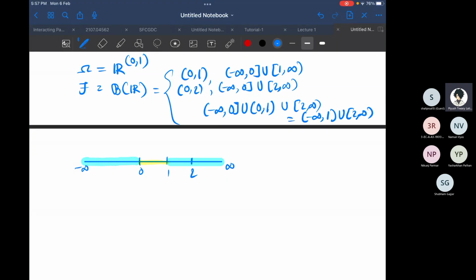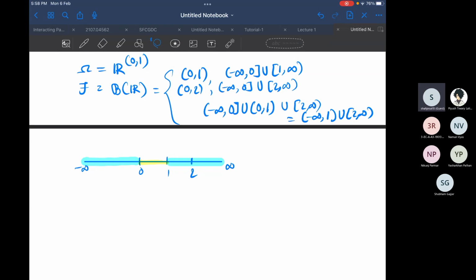And similarly, you can see there are an infinite number of elements here as well, right? I cannot list how many elements there are, because there are so many. Have I made my point? Have I given you some idea of how you can deal with intervals and construct sigma algebras, and some intuition into what it looks like?